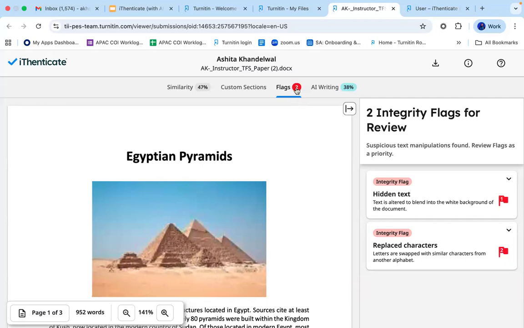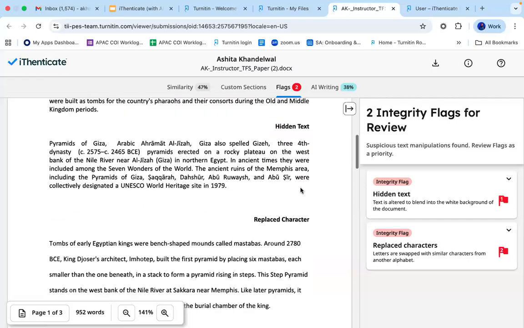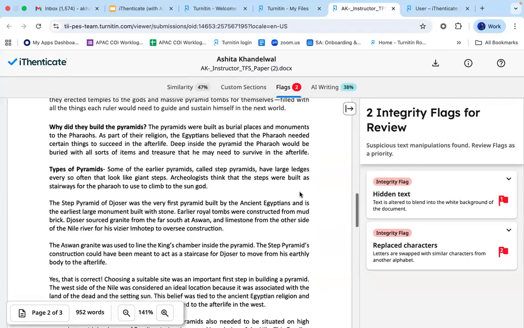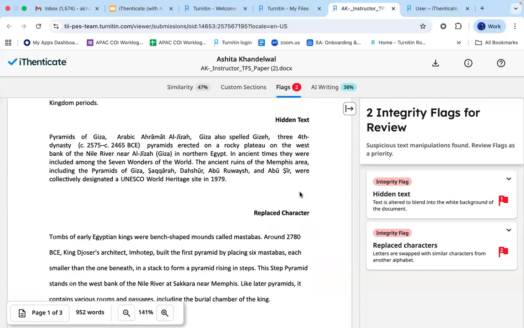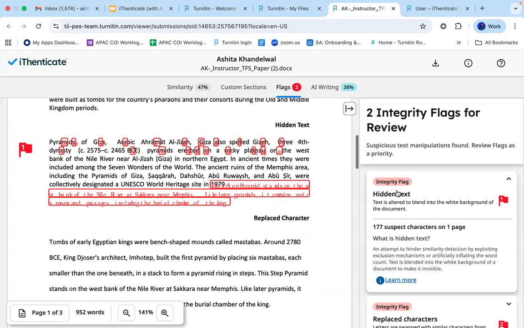And if you see any numbers over here, that means these are the flagged, or you can say manipulation that we have found in this paper. Two means there are two kinds of flags that have been reported. One means only one flag is reported, and if you do not see any numbers, that means there is no flag in this paper. Now, in this paper, as you check from your own eyes, these kinds of manipulations cannot be found.